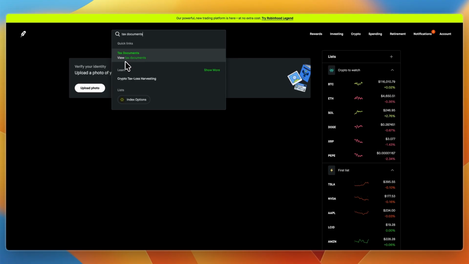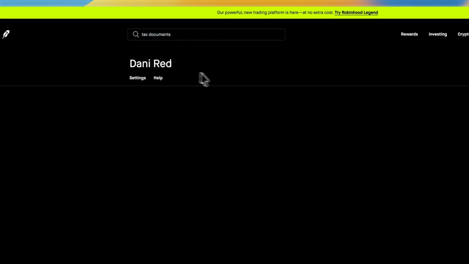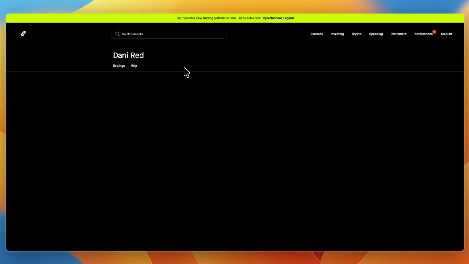Now this works on the web app. I'm not sure if it works on the mobile app, but from there just click view tax documents. Now I haven't yet been approved, so therefore I don't have a real tax center yet, but from here it will take you to the link which is